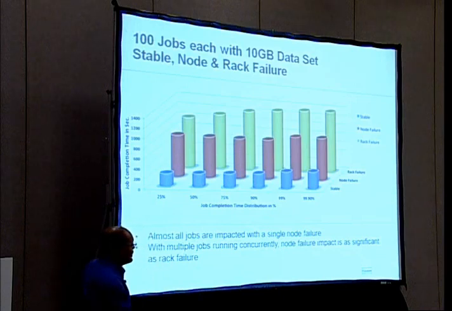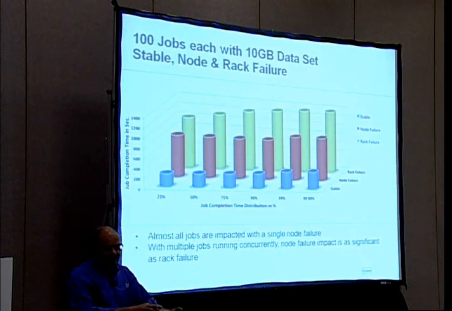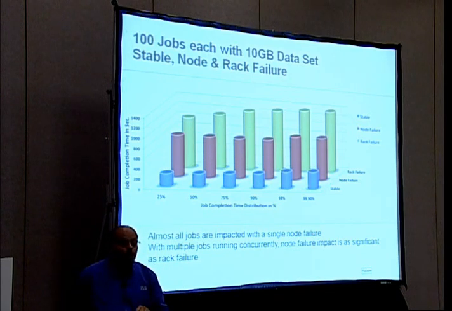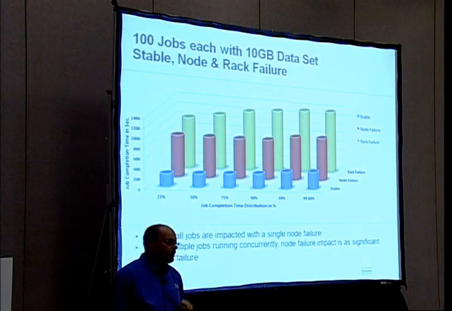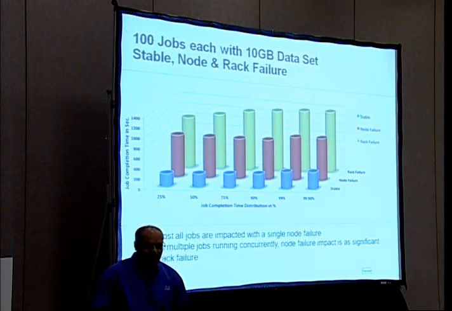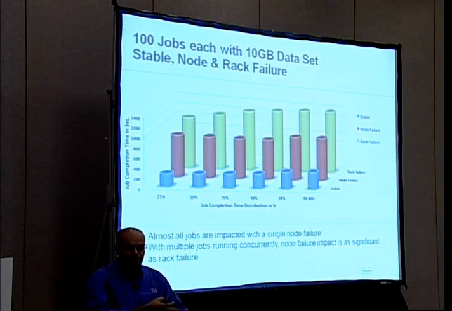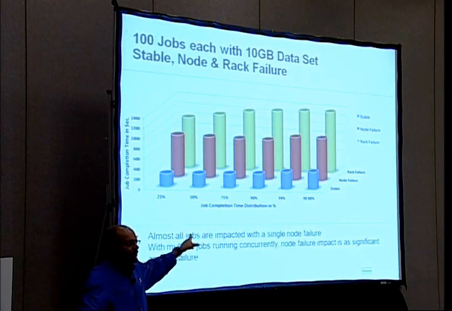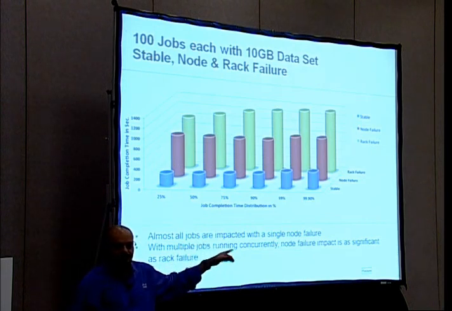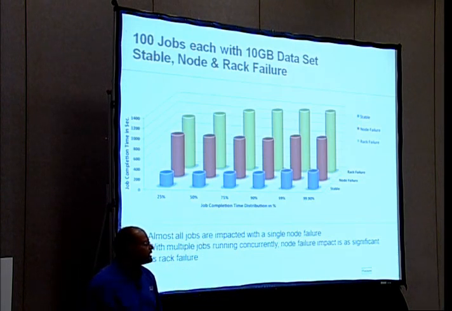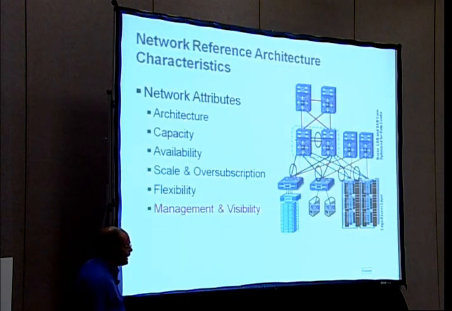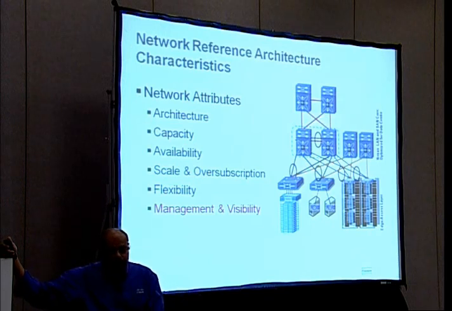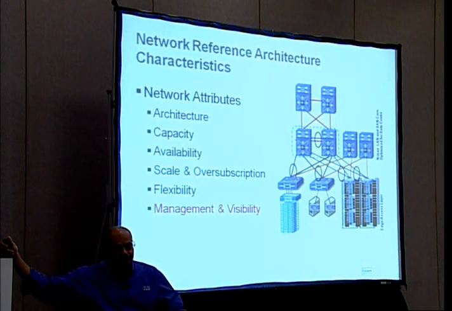Another interesting point in the debate: why would a single node execution take double the execution time? So I said, okay, let's find out what happens if we run 100 such jobs, 10 gig each, 1 terabyte total data set. The key observation is the jobs complete in an average of 4.36 minutes. But when you fail a node, almost all jobs are impacted. In other words, your scheduler is doing a fantastic job distributing the jobs across the 96 nodes, right? Still, rack failure trumps it. Rack failure has the highest impact in the same case. So it's a consistent network behavior, etc.